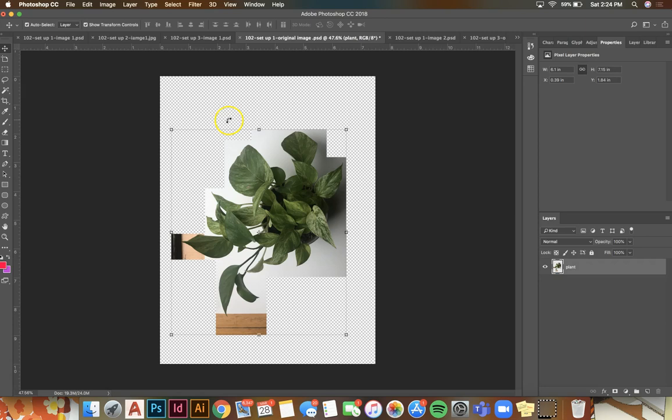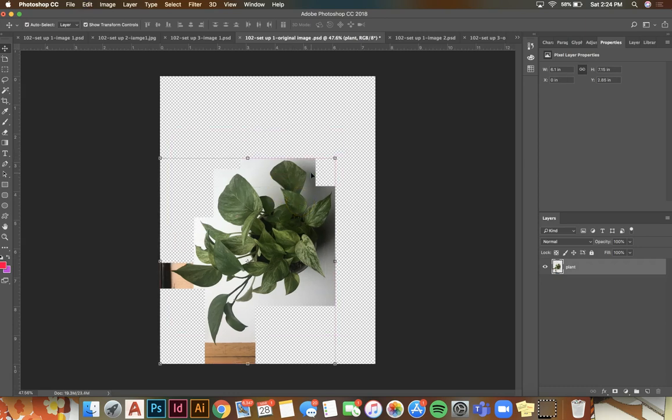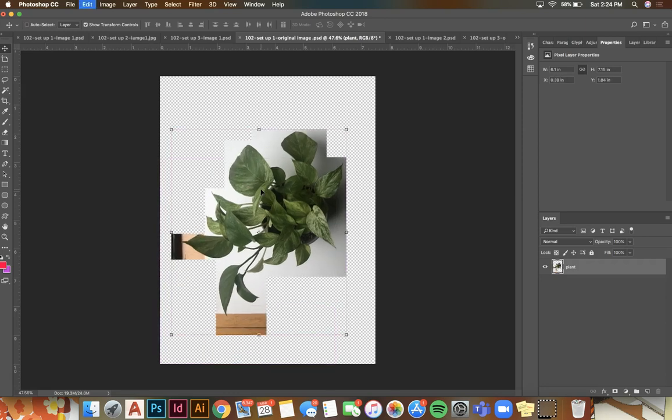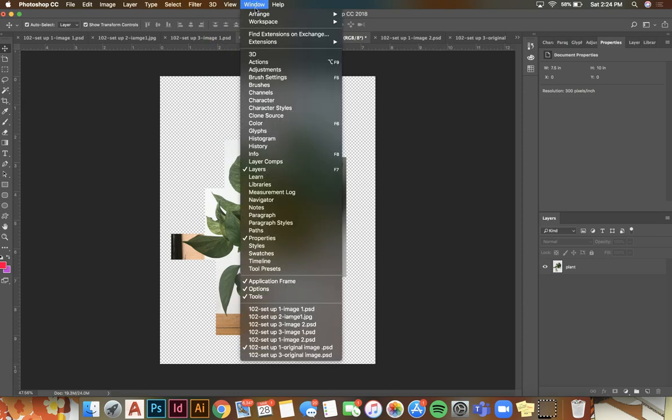Oh, also, a really good tip is that you'll notice in Photoshop, if you try to undo what you're doing, like I'm going to click Command Z right now, you can only undo the last thing that you did. So if I click Command Z again, it just takes me back to where I was. So this can be really difficult if I want to go all the way back to when I had this entire image. So that's when it's really useful to go up to Window, click Window, and you want to click on the History tool here. So click History,